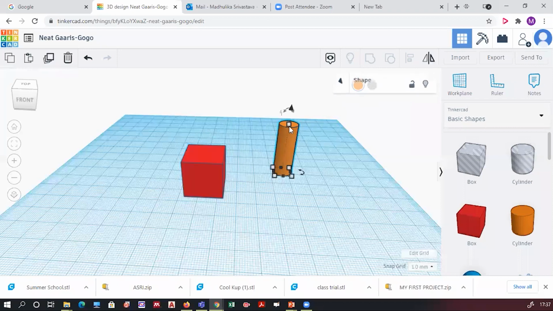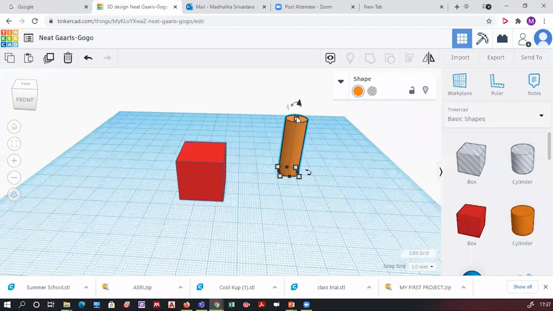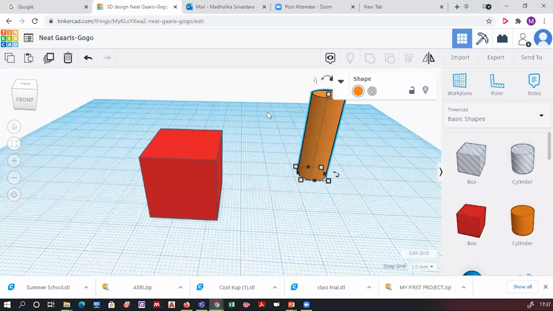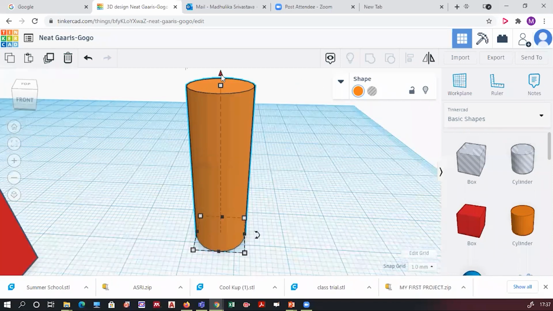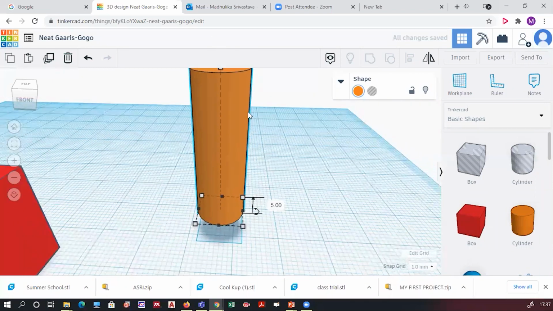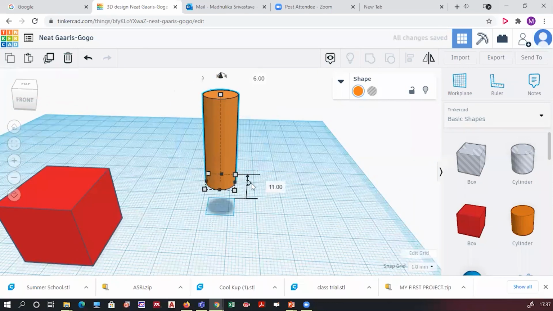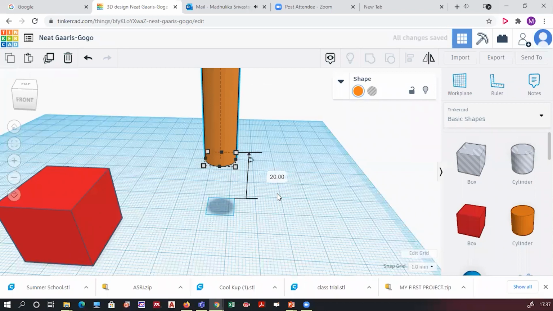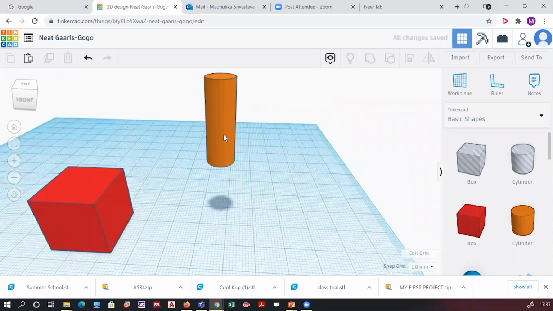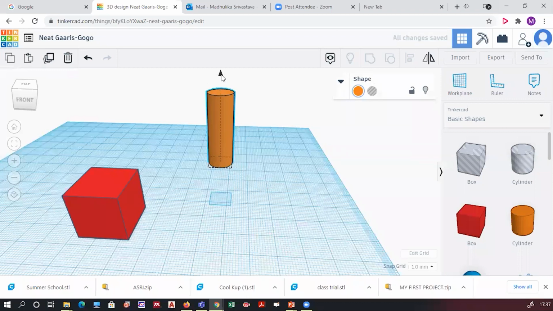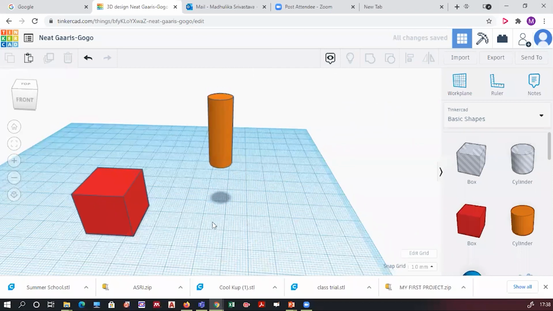So what I'll do, I'll click on this black arrow. You see this object, I'll just focus on that. This black arrow you see, I will click on it and raise it. The moment you start raising it, you will see some digits appearing over here. Just click on that and write 20. Raise it a little bit, you will see some values over here. Just change it to 20 and click anywhere in the workspace.